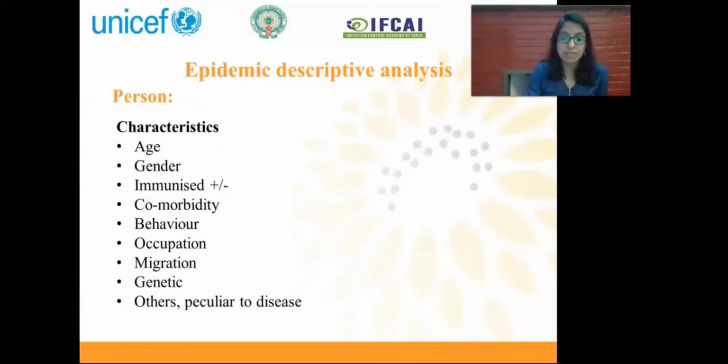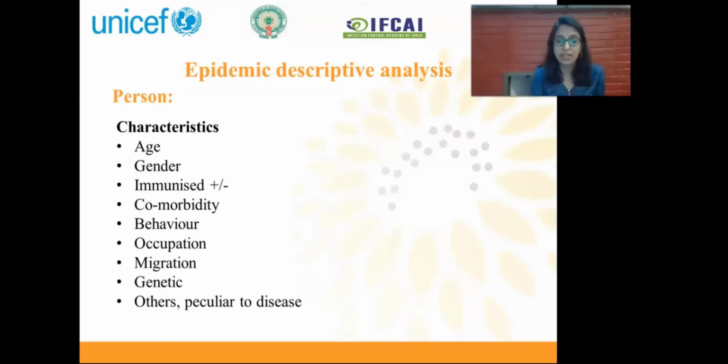Lastly, as I said, person is highly important because you have to understand, is it affecting a certain age group, certain gender, immunized versus non-immunized? Are there any comorbidities which are contributing to higher infection rates as well as mortality rates? Any particular occupation or migration or genetic makeup? This is again important. For example, you saw in COVID-19 that we